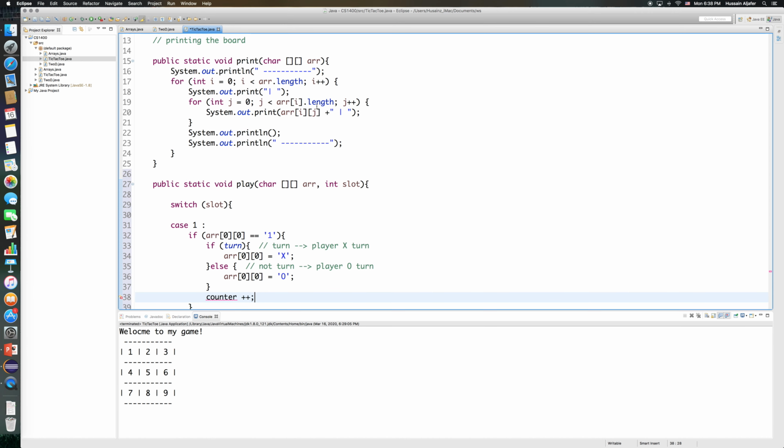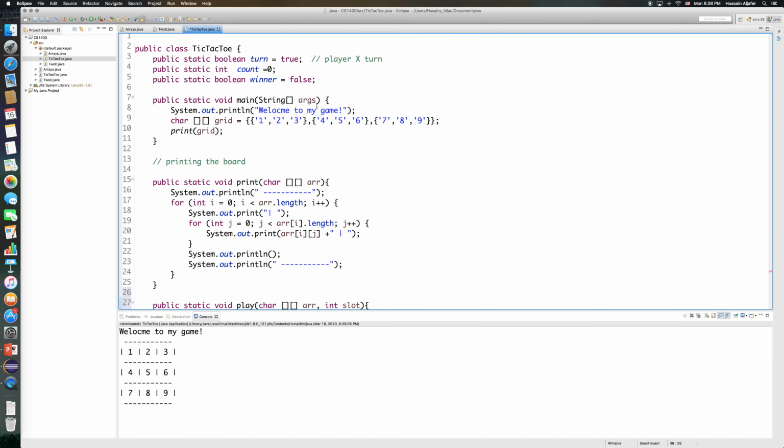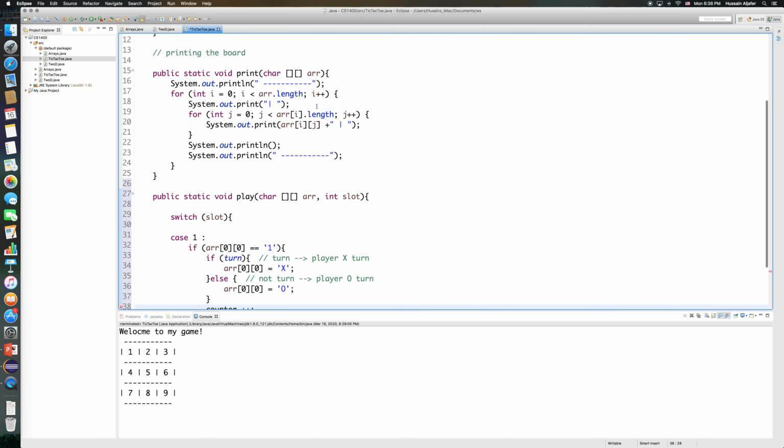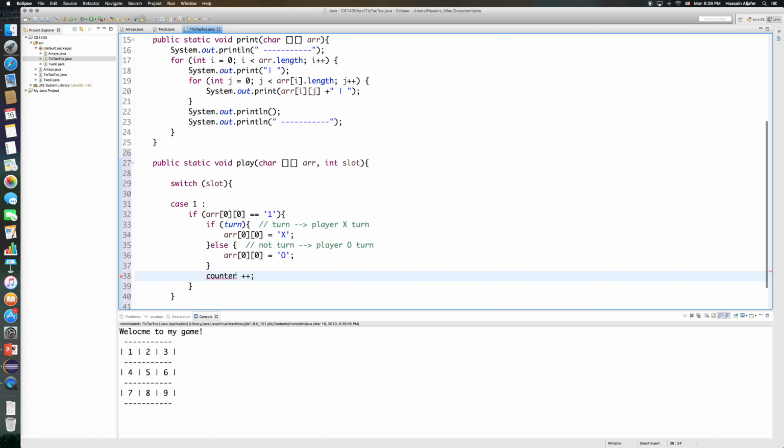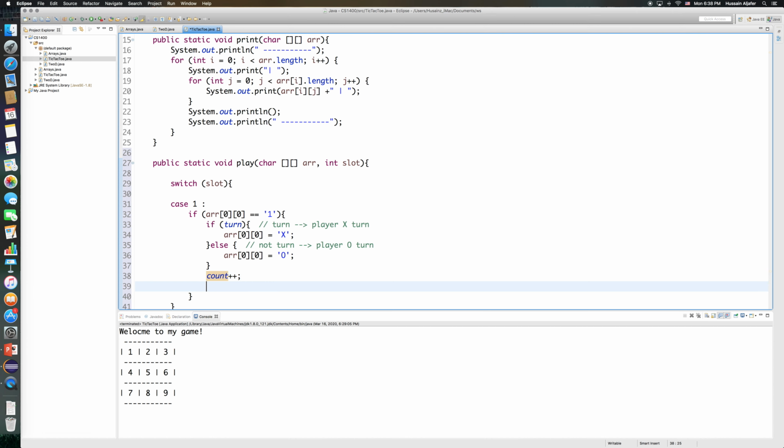Did I call it count or counter? I called it count, so it is going to be count plus plus. Okay, anything else? The answer is yes. Now, if somebody played, then the next iteration should be somebody else's turn. So I need to flip the boolean